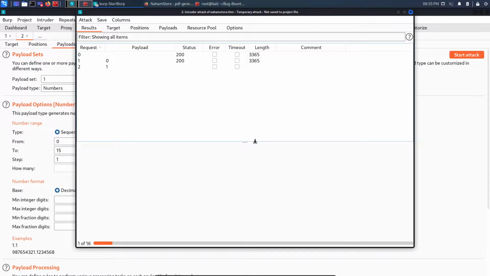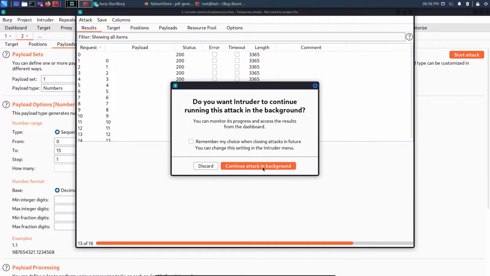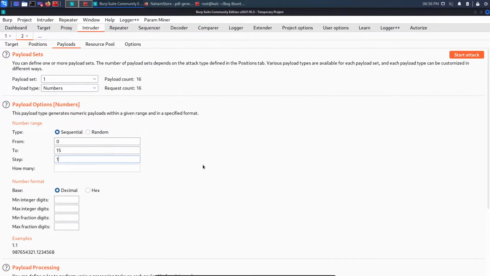Now this is BurpSuite Community Edition, so it will be a little bit slow, but Intruder of BurpSuite Professional will be extremely fast. So on 0, 1, 2, 3, I am having the same responses, so I can see nothing interesting right here. So I will close this one, and now I will discard this attack as well,